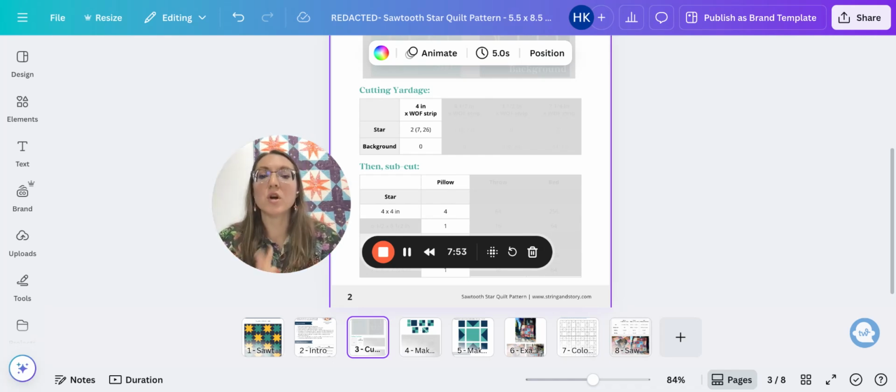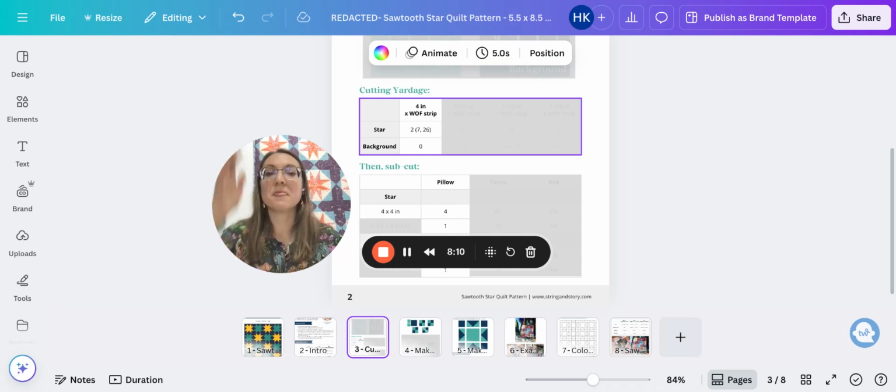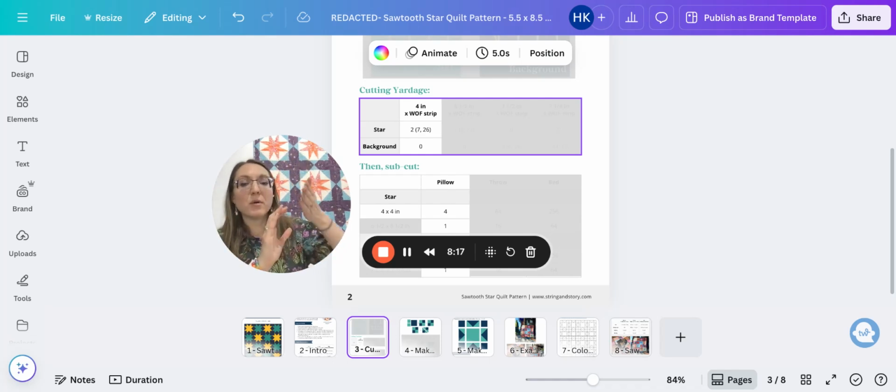So you can see here that we're going to need to cut some 4-inch strips out of our yardage for our star fabrics, but we will not need to cut any 4-inch strips out of the background. This number here in the intersection of the column and the row tells us how many strips to cut. The first number is for the smallest size. Then you have those opening parentheses, and the numbers separated by commas progress through the rest of the sizes of